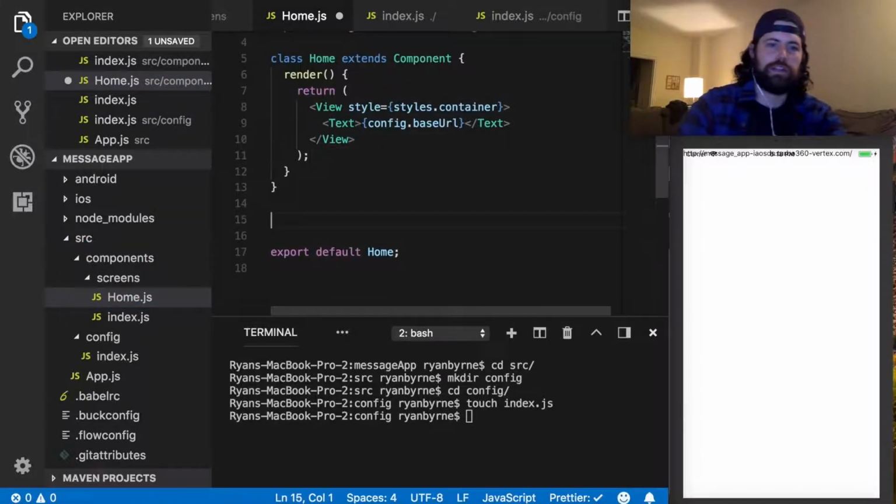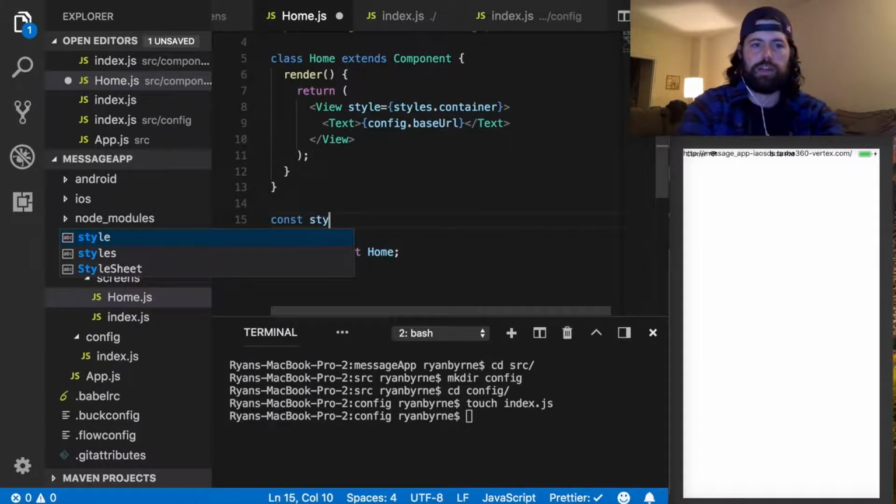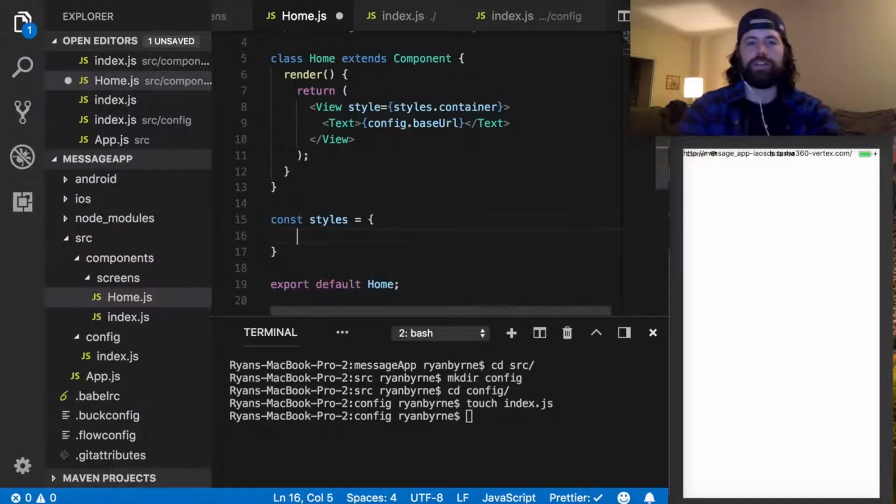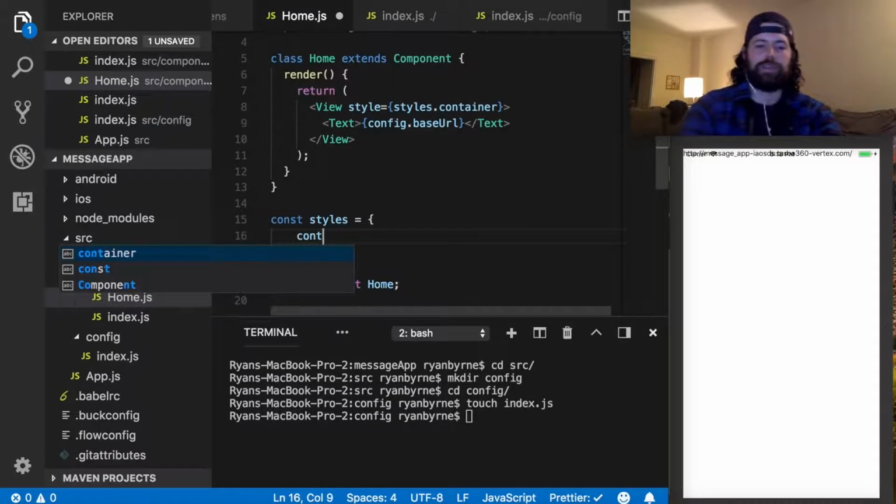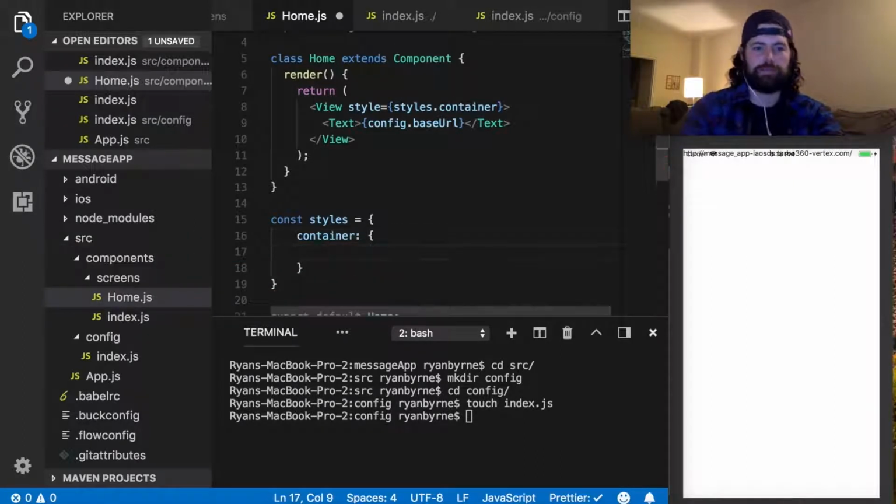Now down here, I'm going to say const styles equals, so this is just a regular JSON object, and look, we called this styles.container, so we need to make our style object down here, and I'm going to say width 100%,